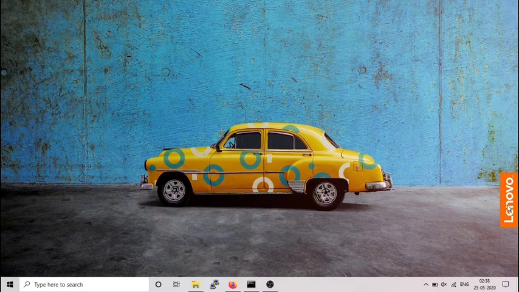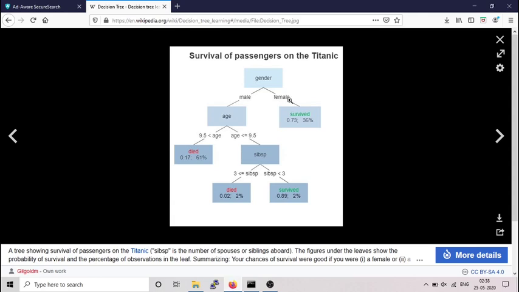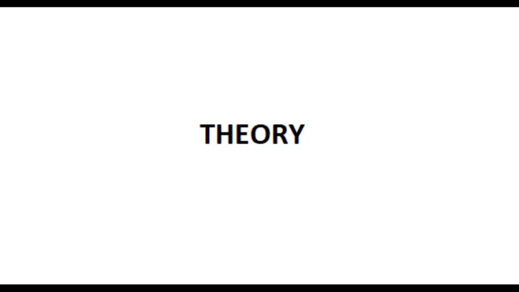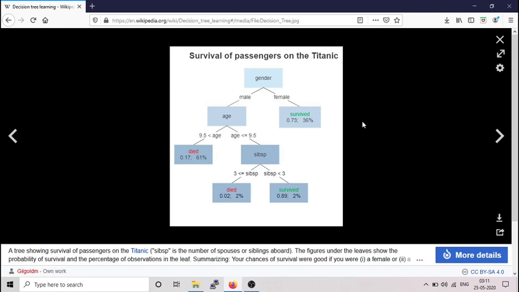So decision tree is basically, okay, let's just take an image as well. Starting on the theory, what we have here is the survival of passengers on the Titanic.